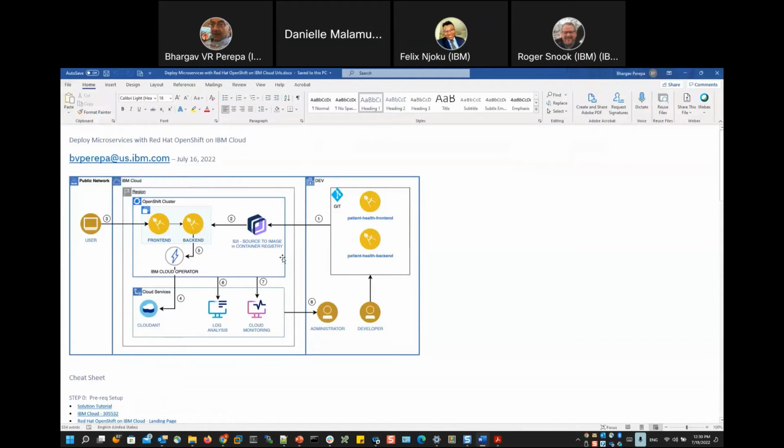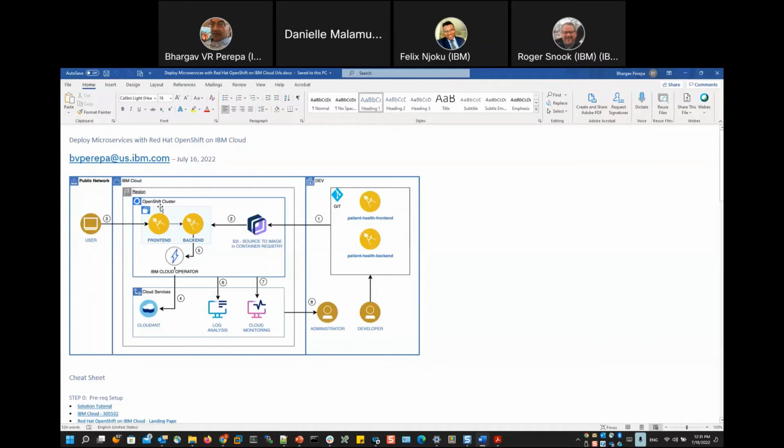This application is a classic microservices application. It has 3 or more tiers. You have a user interacting. You have a developer pushing their work into production. You have administrators making sure things are set correctly. So I'm showing you a developer, admin, and an end user. Profiles are personas. I can also show you, I have my deployments running on an OpenShift cluster on IBM Cloud within